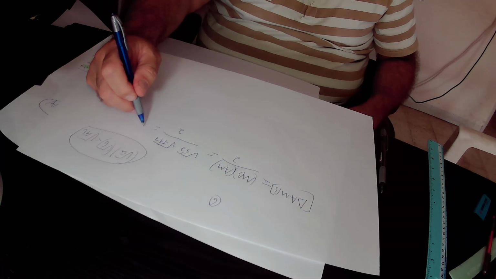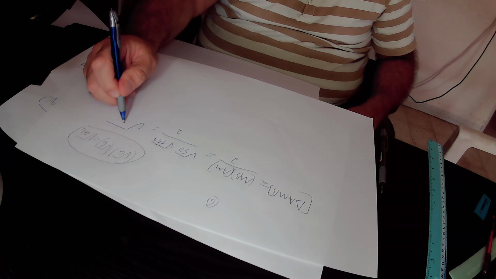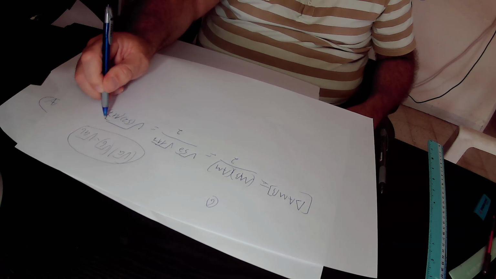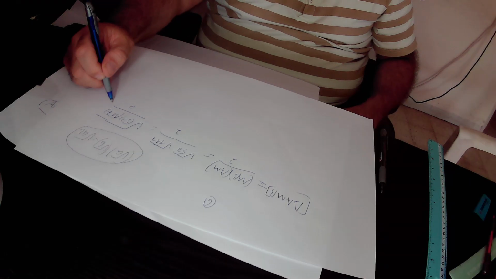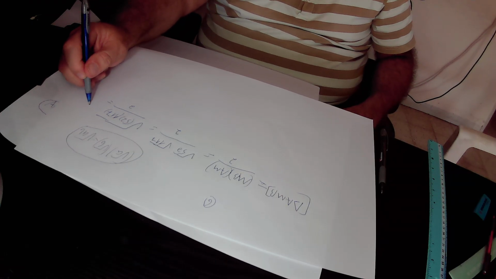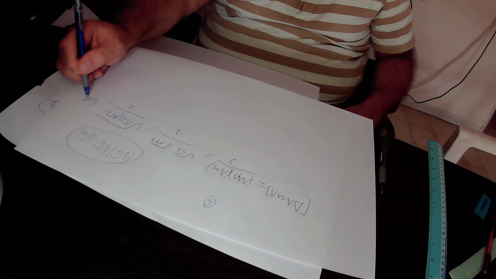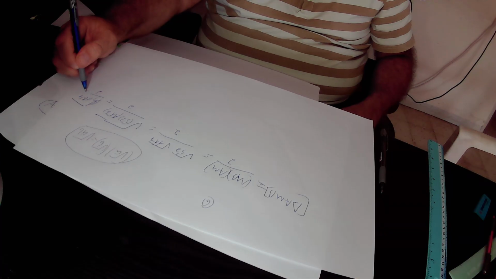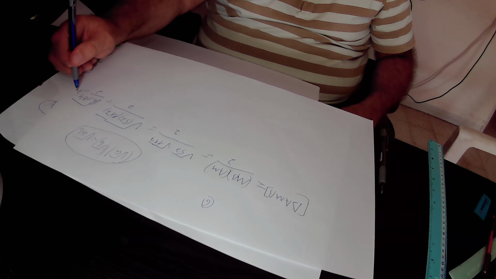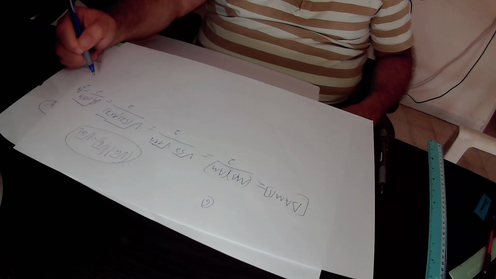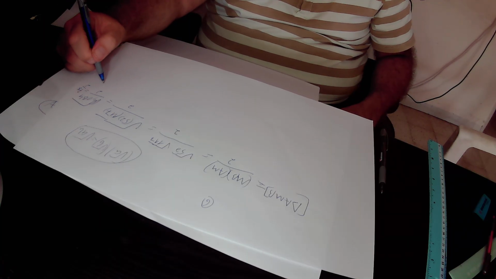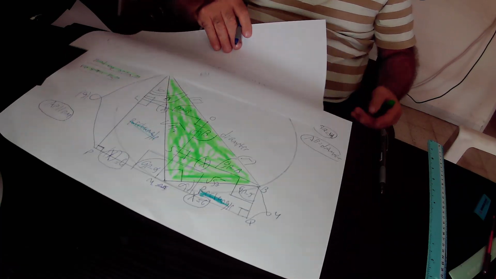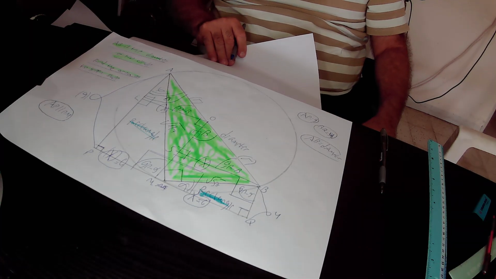Actually it will be equal to the square root of 52 times 117 divided by 2. 52 times 117 is equal to 6084, divided by 2. The square root of 6084 is 78, over 2. 78 over 2 is 39. So we found out that the area of this green right triangle A and B is equal to 39